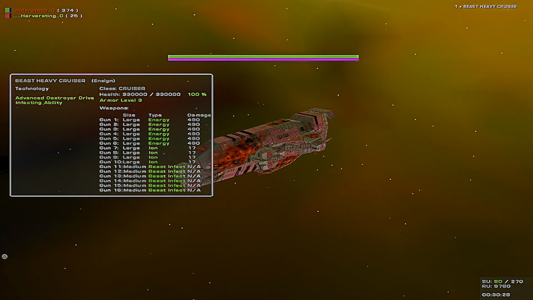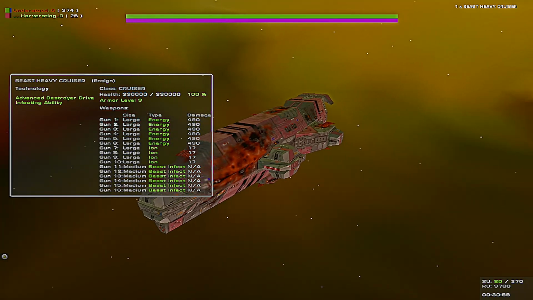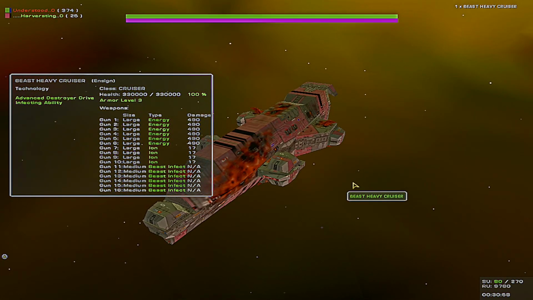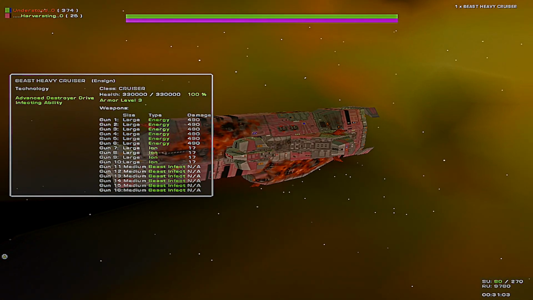So the Beast heavy cruiser does the same amount of damage with its energy cannons and does less ion, but that is because the Beast heavy cruiser can use its ions for long periods of time with little cooldown. They can use their ions for 75% of the time, where the Titan can only use it for like 35% of the time. So their ions stay on a lot longer, so even though they do less damage, overall it does more. And I believe I also increased the attack speed of the kinetic turrets, and when it upgrades to energy, it's faster than the Titan,